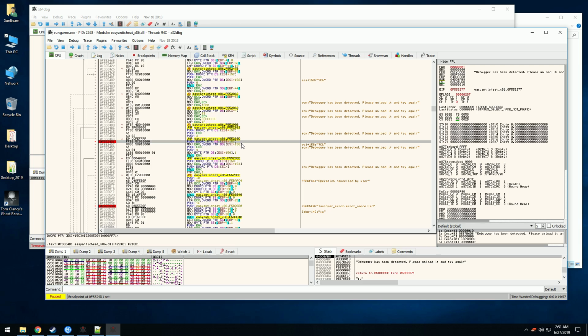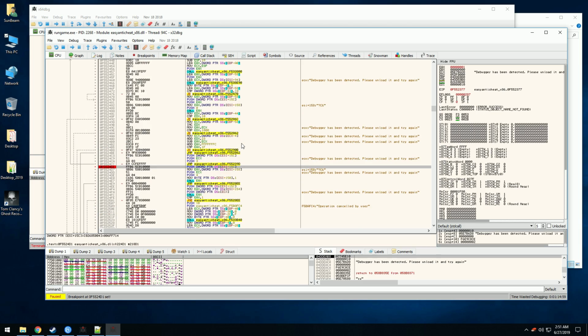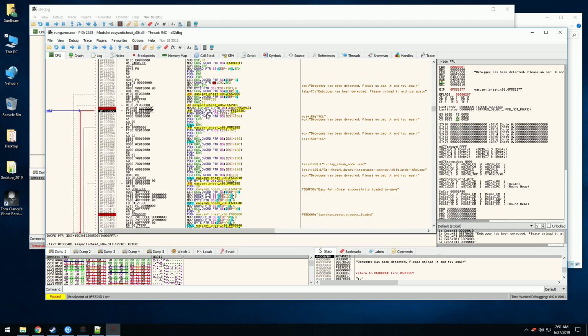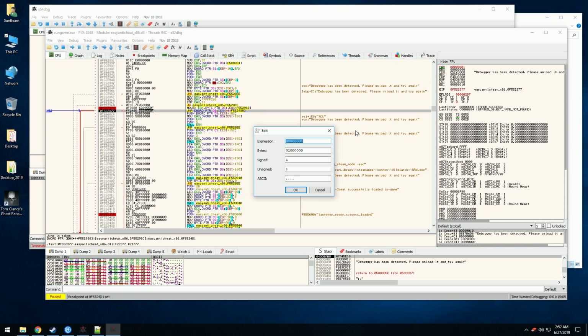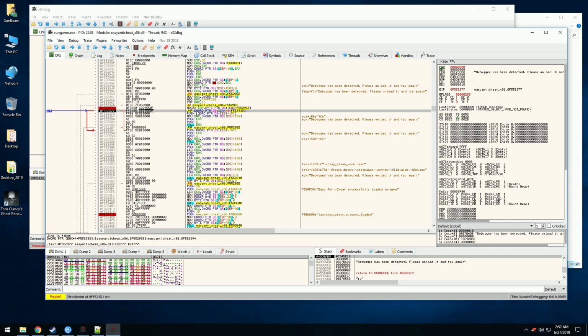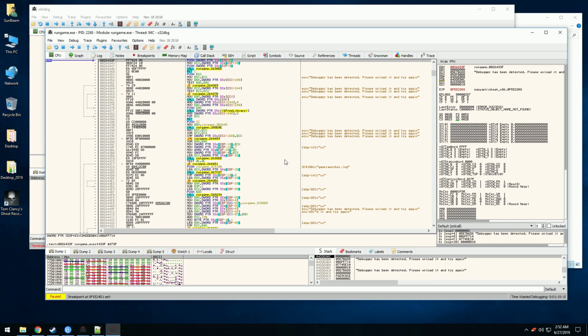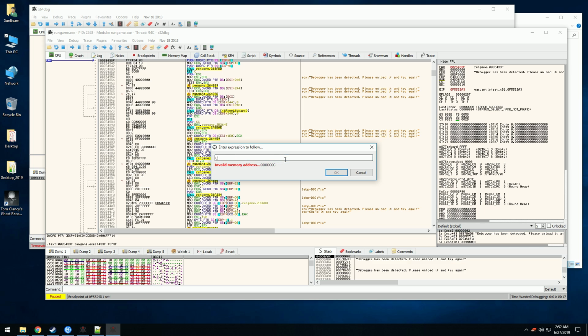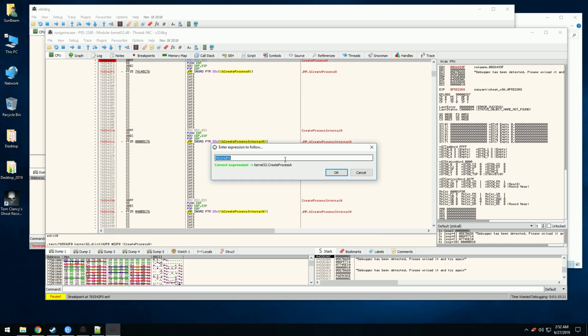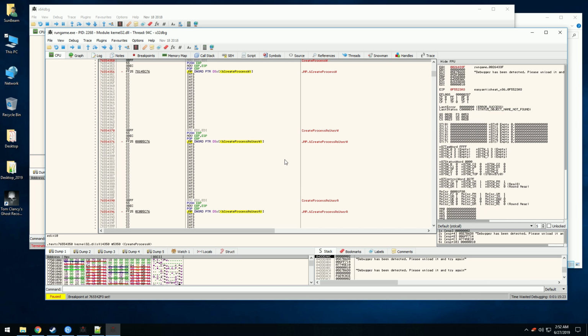So this is basically the exit function. So what we want to do is change the offset in EAX. Don't ask me how I know this is an offset, to 0 in such a way that now the jump leads to this location. And then you'll see that if I go to create process A and create process W,